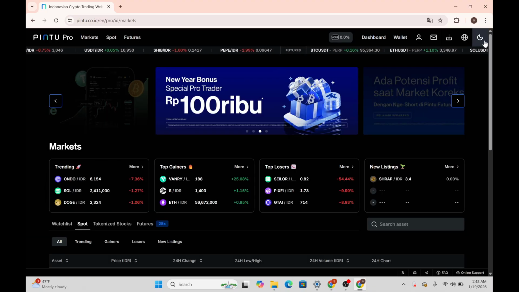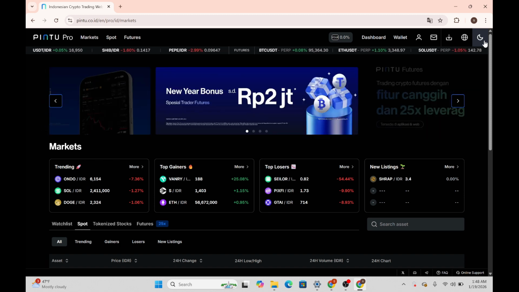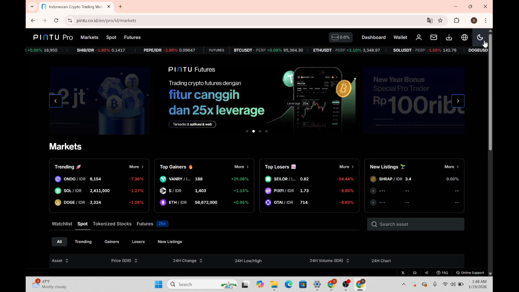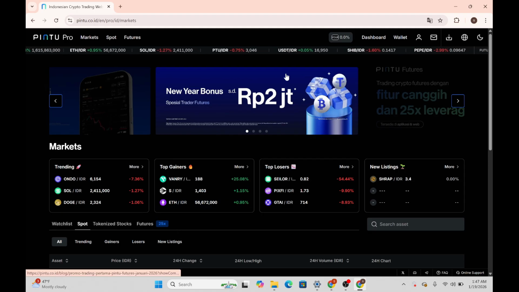Pintu Wallet is popular because it's easy to use, supports multiple cryptocurrencies and helps users manage their digital assets safely. Even if the mobile app is not available in some countries, you can still access Pintu using desktop or web methods. Over here, when you reach this official Pintu Wallet interface, in the top right corner we can